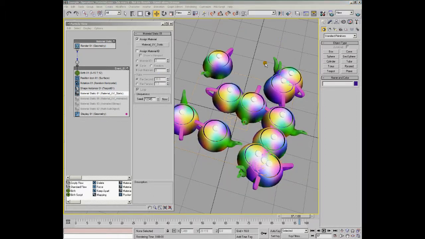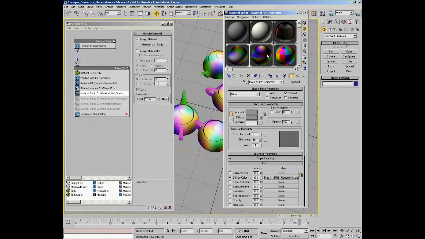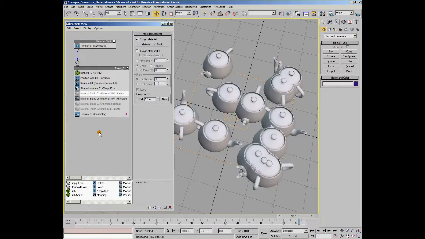Now, before we move on, as I mentioned at the beginning of this section, just because this operator is generally used to assign a static material, it doesn't mean that it can't take advantage of some animation. As I said, if the parameters of a material are animated, like in this case you've got UV animation, this animation will still show up on a static material. So if I turn off this operator and go on to the next one, where you can see I've got material UV animated applied instead,